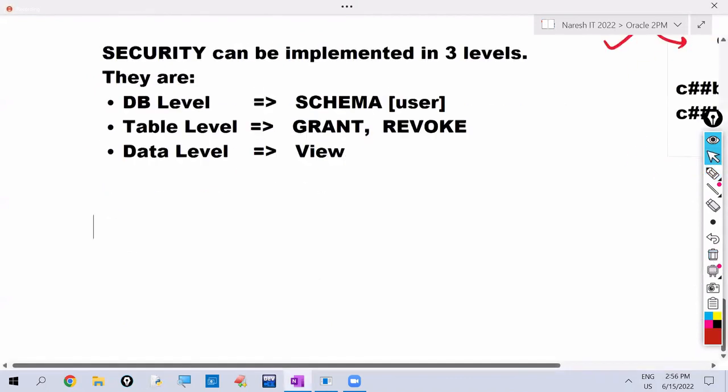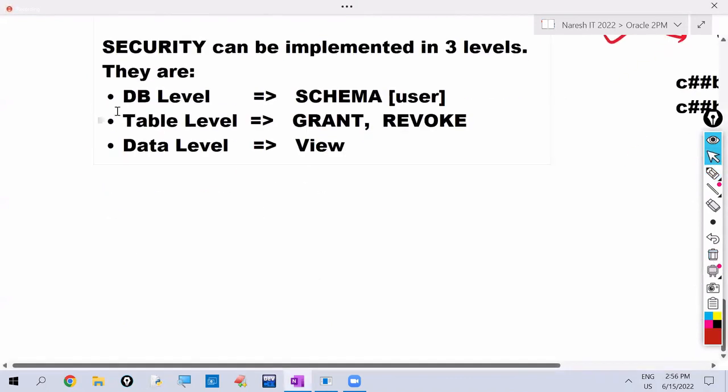The security can be implemented in 3 levels. At database level, we use the schema concept. At table level, we use grant and revoke commands. At data level, we use the view concept. For example, this data level security